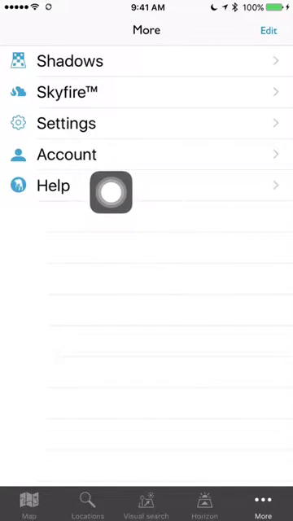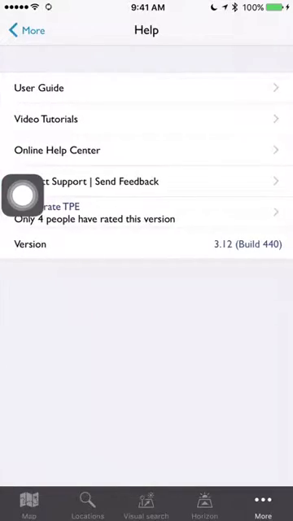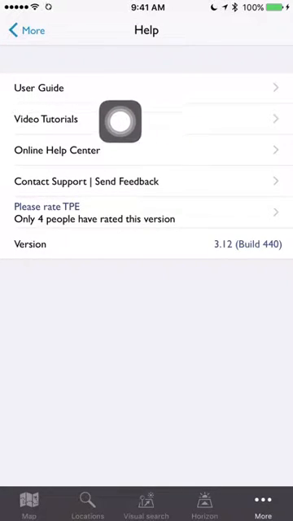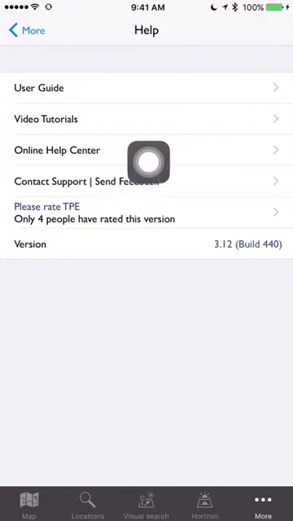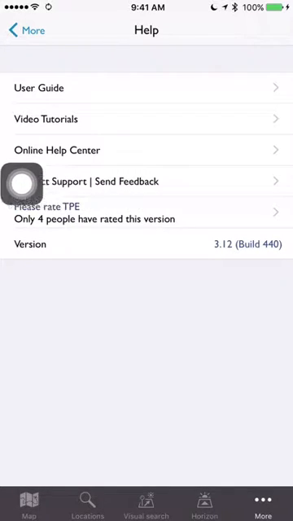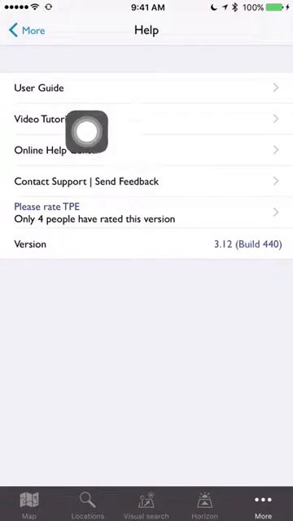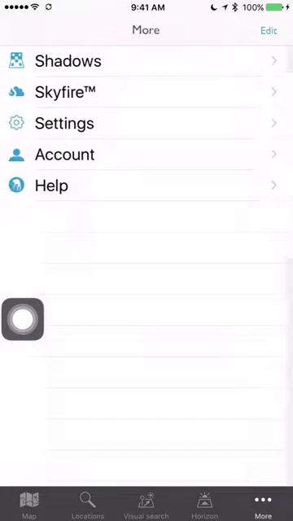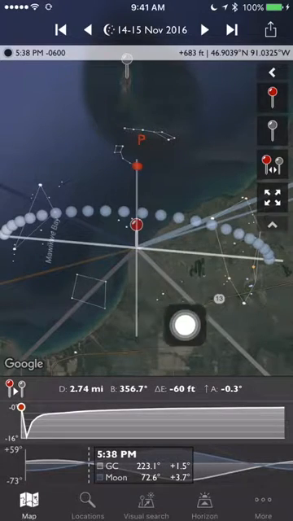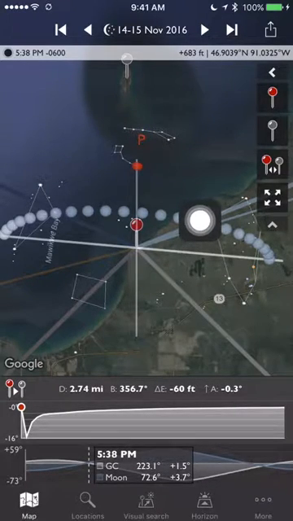In the Help button, you're going to be able to find a user guide, which is really helpful, some great video tutorials, and an online help center as well. And if you need to contact the support, the people that invented this app are really great at getting back to you too. So let's go back to the map and go over just some of the features that help you to plan